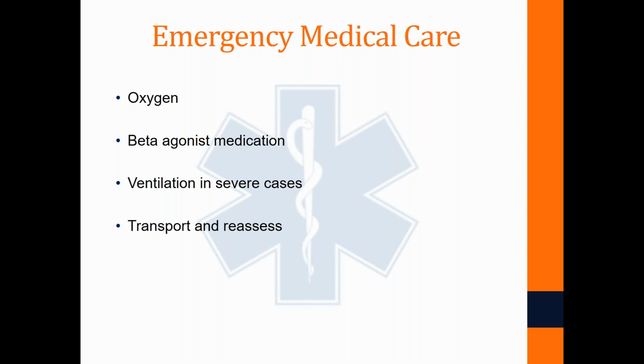And we could cause some barotrauma to their lungs by actually shoving too much gas in through all of that airway resistance. So transport and reassess, and especially before and after you give your beta agonist medicine, that albuterol,